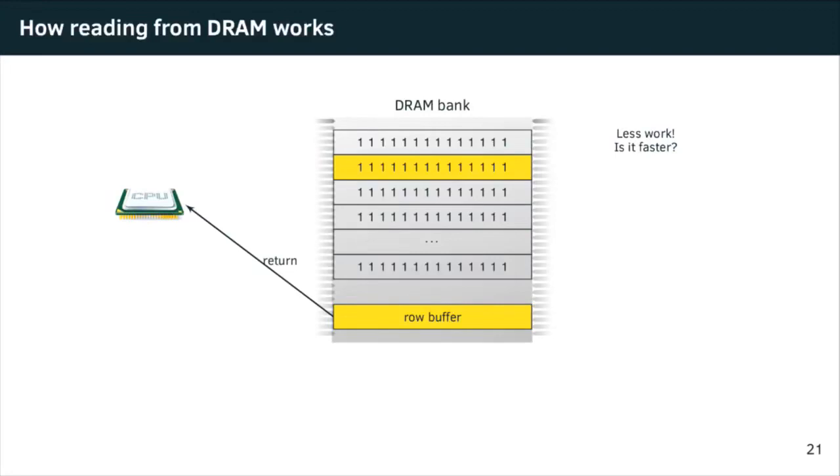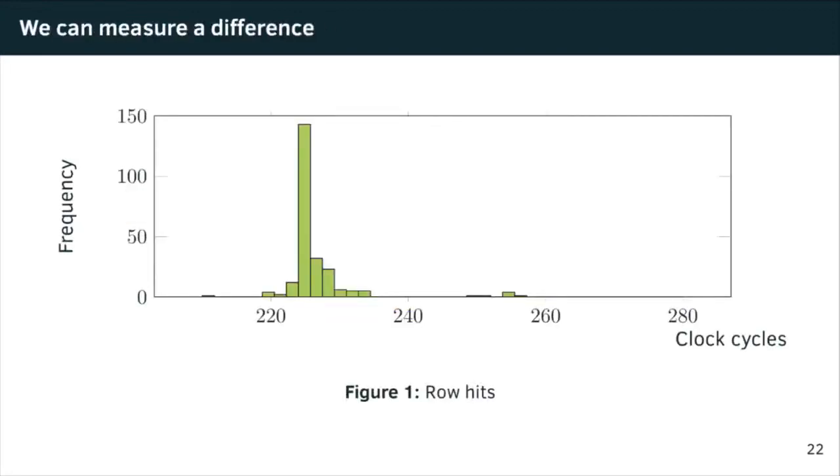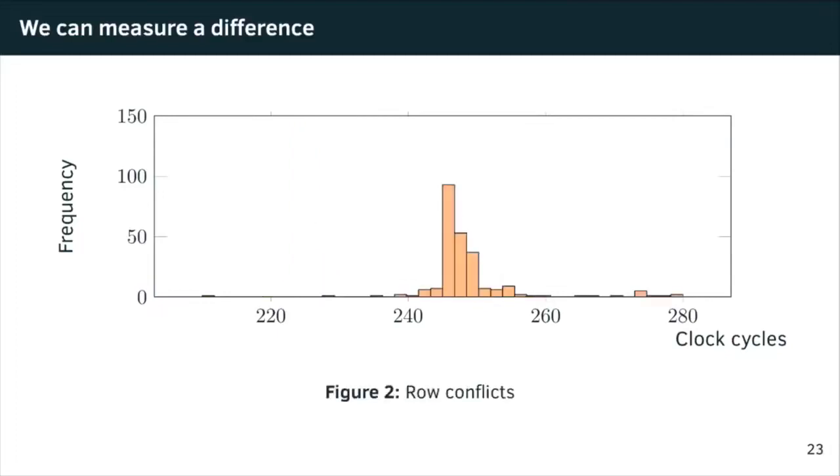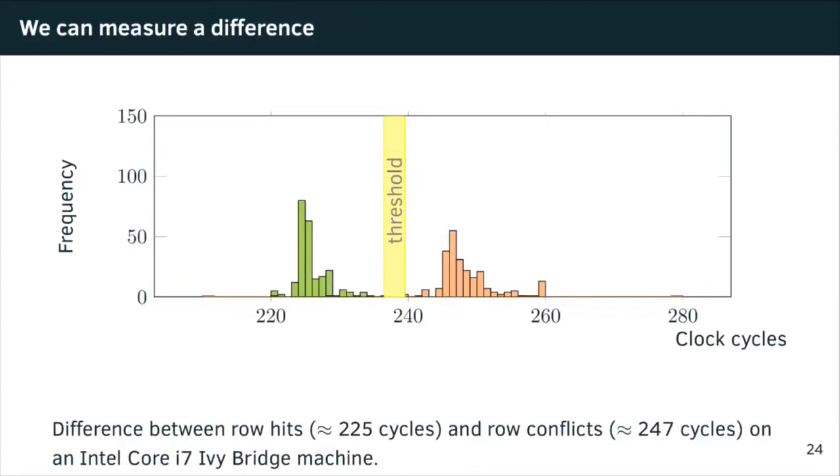So what we did was we measured the latency of row hits, that is when the information that we are trying to read is already in the row buffer. And we got this nice graph. Then we measured the latency of reading from memory when there's a row conflict or row miss, that is when the data we're reading is not in the row buffer, so it has to activate the row first. If we put these two together, we can see that there is a very nice threshold: the green, the row hits, is almost always faster than the row misses, meaning we're able to distinguish from outside if a row was in the row buffer or not.